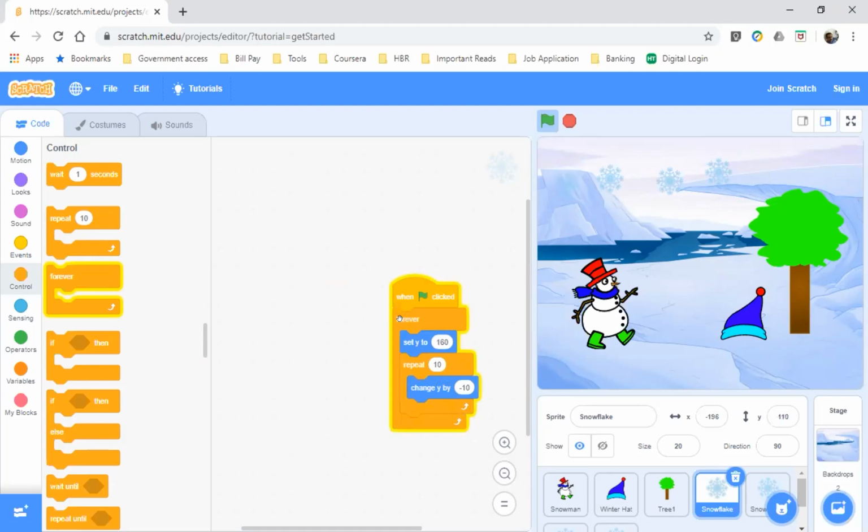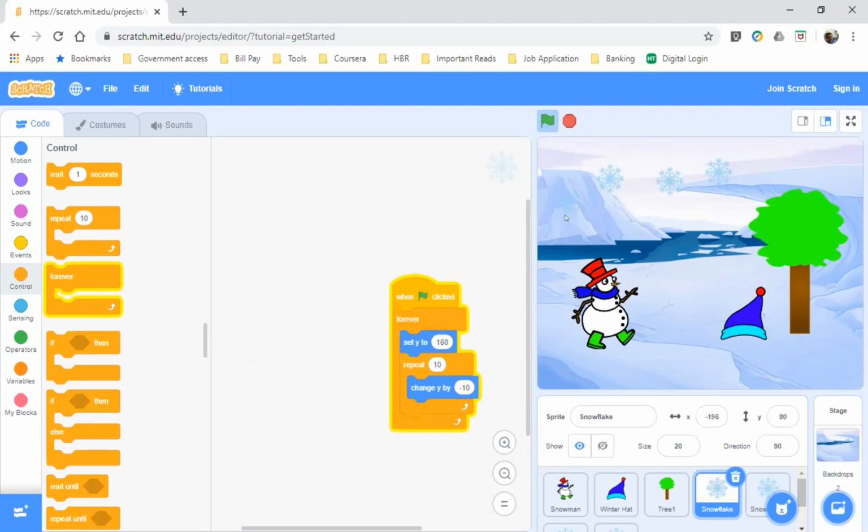Sir, can you please show me the code for the hat? Hat, we just need to change the costume. We have to give a time of 0.2 seconds and just keep on changing the costume. Sir, it's just reaching to here.